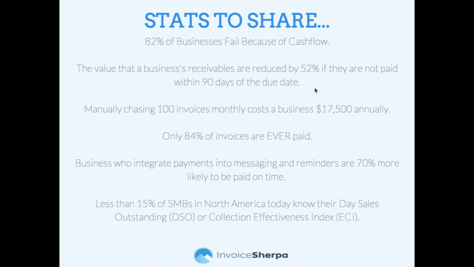And what we would have shared if we had done this in the normal order, but you might have seen the statistic on the slide: 82% of businesses fail because of a cash flow issue, guys. That's huge. That means 82% of your clients every single year are at risk of going out of business due to cash flow. So I'm going to kick it over to Sean now, and I'm going to let him show you the steps that InvoiceSherpa has taken